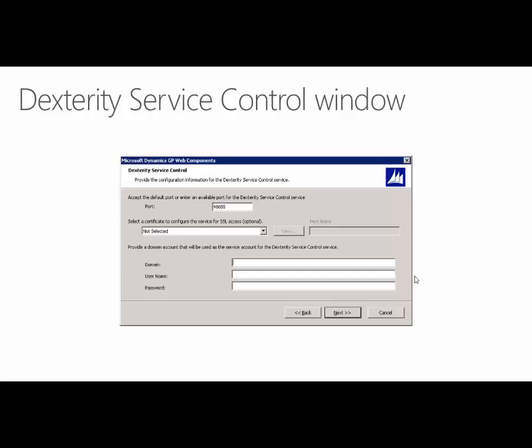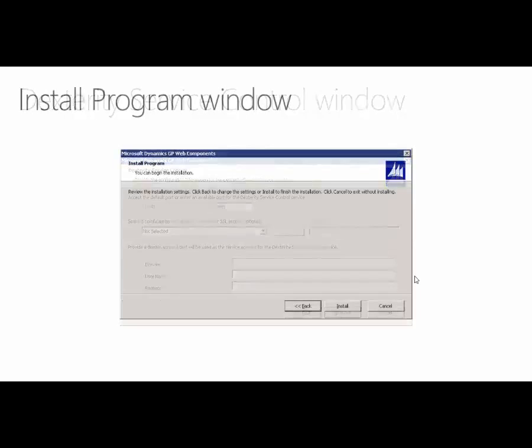The only items to add would be if you chose to put these on multiple machines, meaning the GP service was on one machine and the Dexterity Service Control was on a different machine, you'd have to account for whatever port that you're using to be open through any hardware or software firewalls that you set up. All right, so once you have this information set up, you'd go to Install Program and you'd click the Install